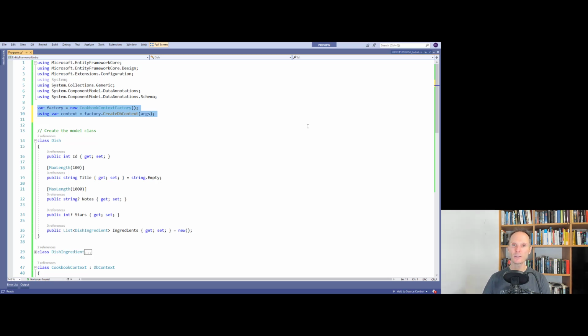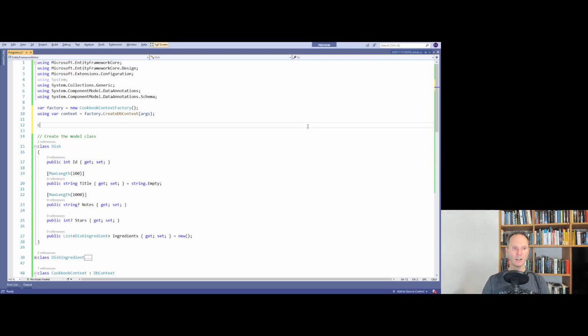ASP.NET will create the context for us. It will make our life a little bit easier. For now, you have to understand what's going on behind the scenes, so we have to create the database ourselves. Good. Let's say console write line, I will create a dish, a recipe for a dish that is my favorite